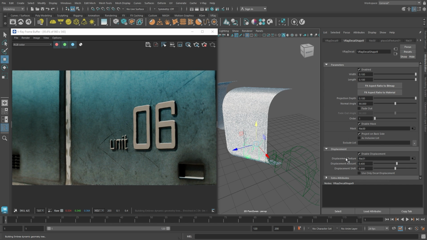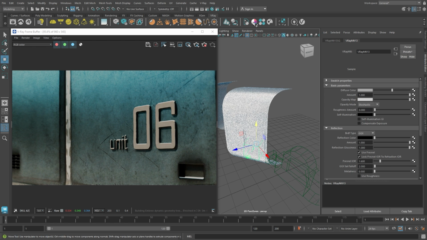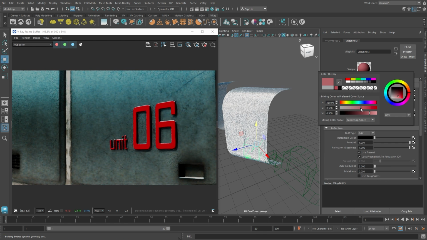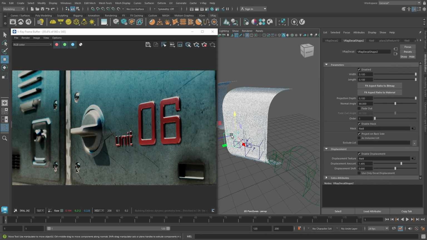If you want to add a material to your decals, you can simply click on the Create Material button while your decal is still selected. Then I'll add some color and metalness so it matches the surface of the panels. You can put as many decals as you want. When you're done, you can parent them to the body of the house, so when you move it around, they will come with it.